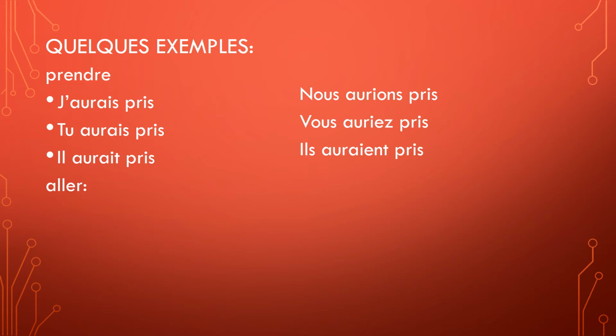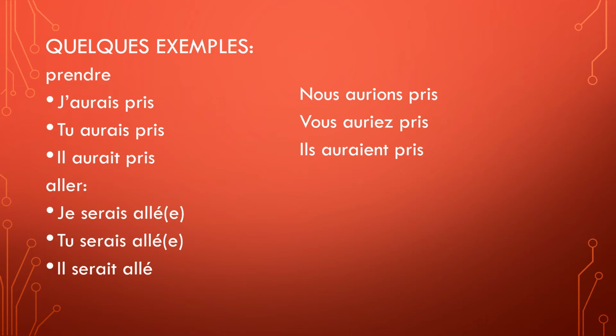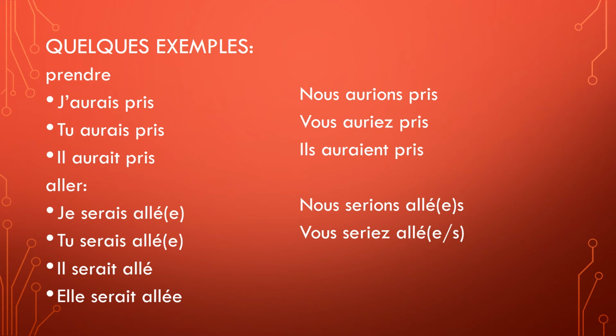Here's an example with the verb aller. And the verb aller in the passé composé takes être as its helping verb. So in le conditionnel passé, être is going to be its helping verb, but just conjugated in the conditional. We can see that this is a combination of conditional and past used together in one sentence. We also notice that for the verb aller, we see that there is agreement in either gender or number because the helping verb is être.